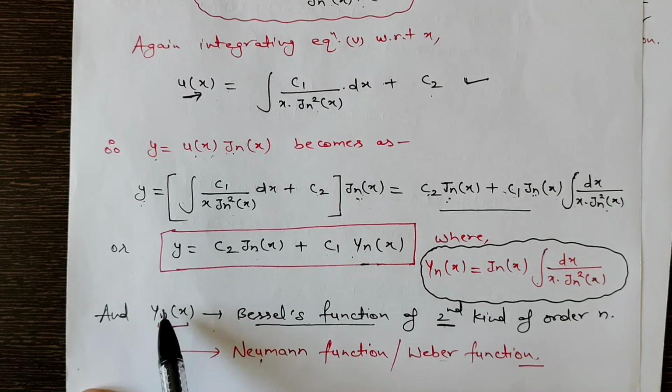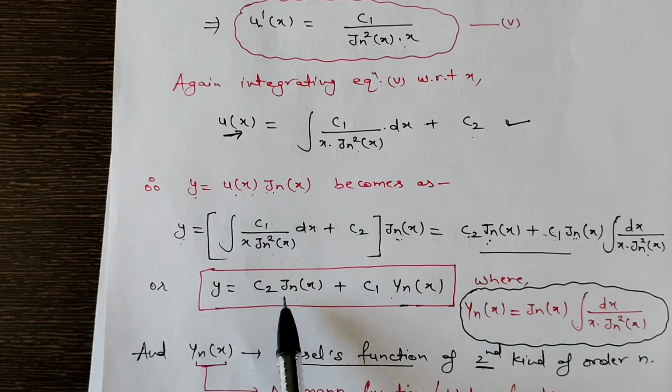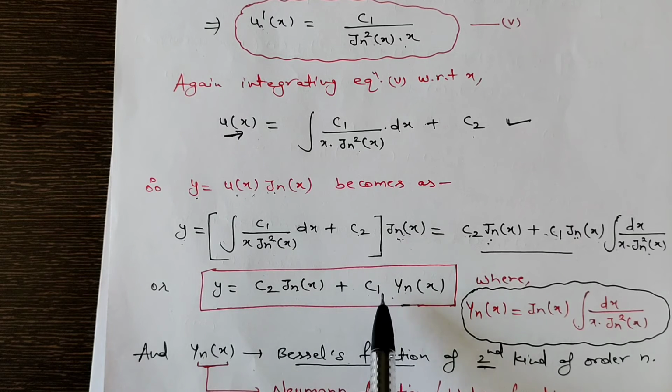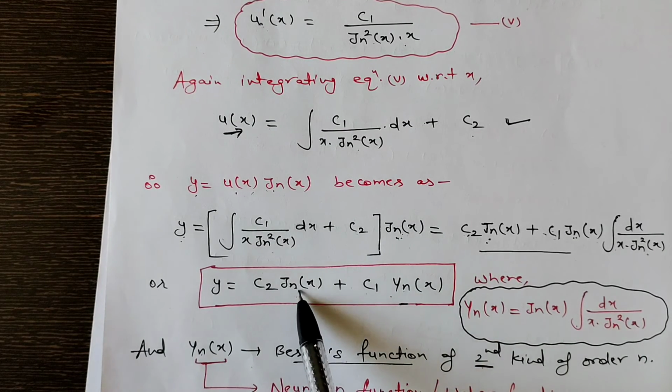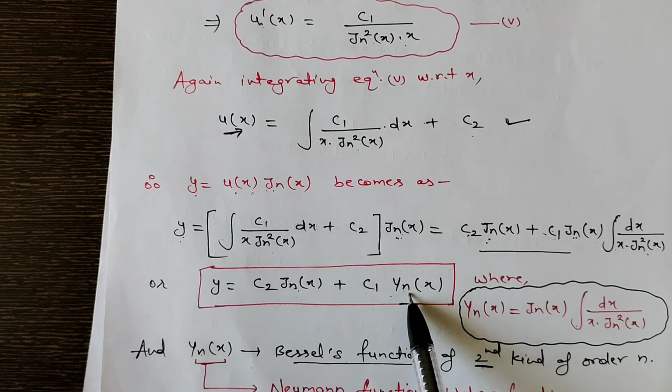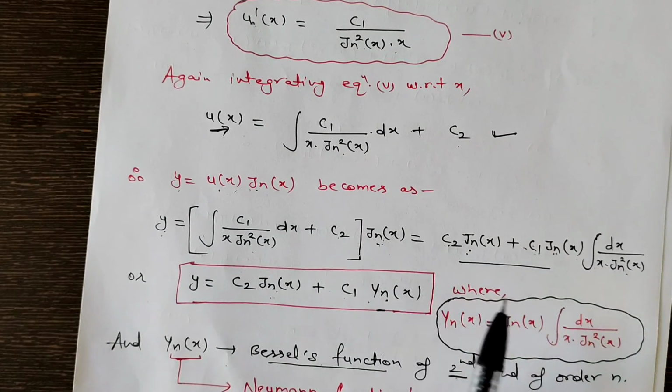And the other name for Y_n(x) is Neumann function or Weber function. So look at this, the second solution actually contains a linear combination of two solutions. We already know that J_n(x) is a linearly independent solution for the Bessel differential equation, and then the second solution comes in this form, which indicates that there are two linearly independent solutions. One is J_n(x) and the second is Y_n(x), that is the Neumann function or Weber function, and this Neumann function can be easily determined with the help of J_n(x),